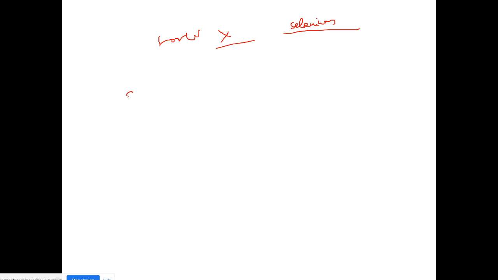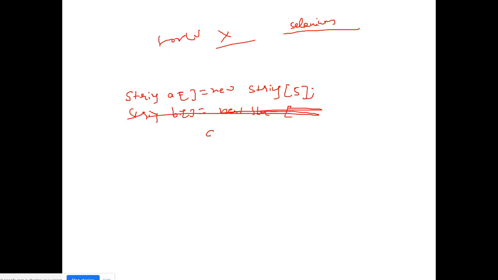So here, string a is equal to new string 5, string b is equal to new string, a0 is equal to college, right? I have assigned some values, a1 is equal to 2, and a2 is equal to industry, right? So I want to run it by using a for each loop.